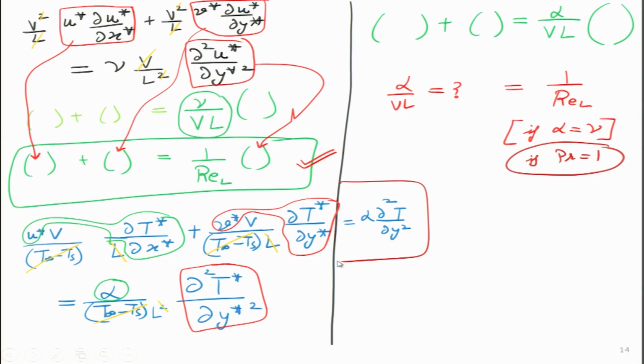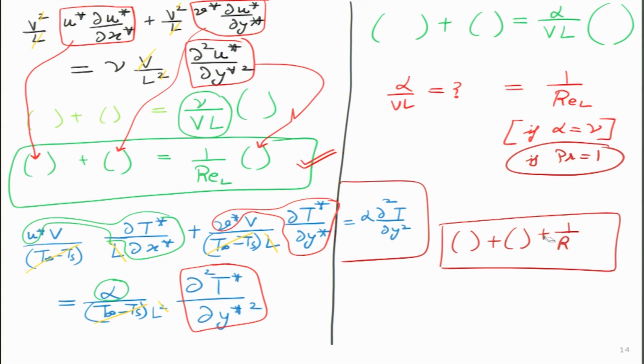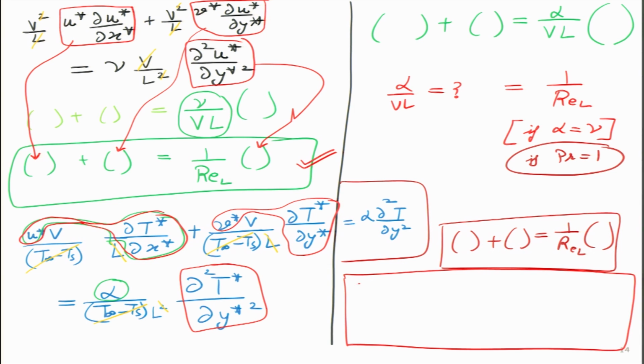Which means now this our heat equation also becomes like this. It will become first box plus second box is equal to 1 by REL into third box. And what are these boxes over here? The first thing is this one. So, let me go ahead and write the final non-dimensionalized form. So, what I am going to write is all these boxes. So, maybe I can write it small over here. I hope you will be able to see it.